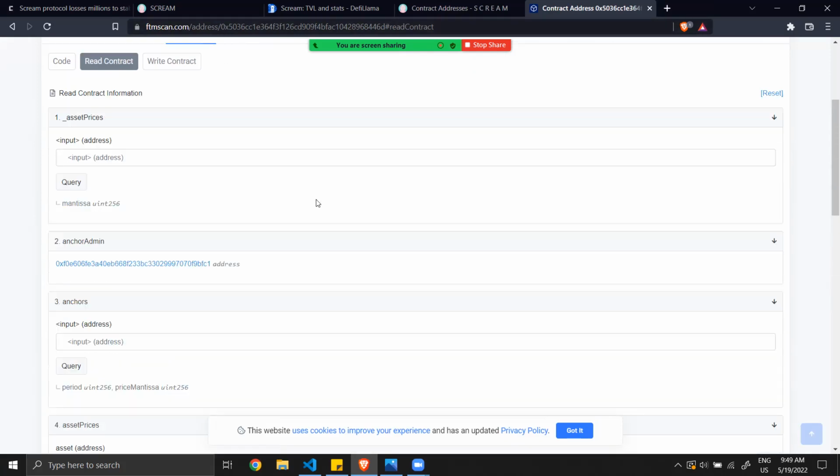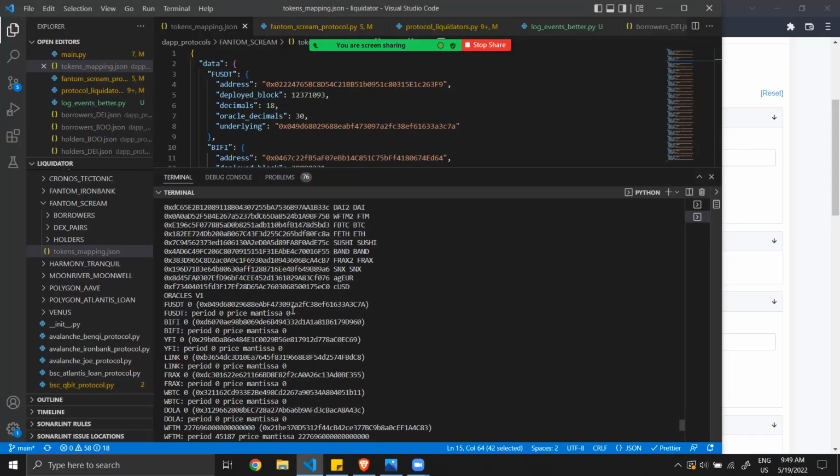And what I've done is to check with Python for each of these tokens what was the price and what was the value for the anchor.